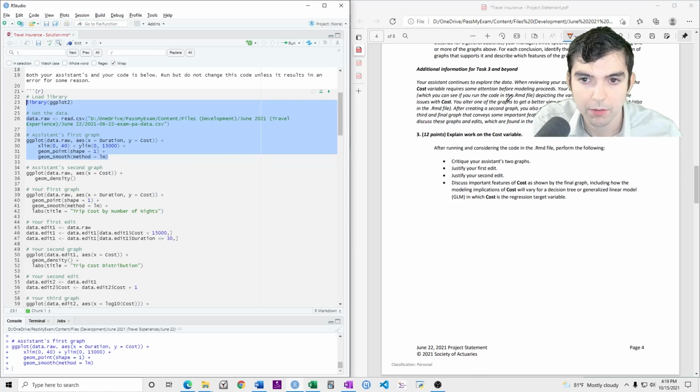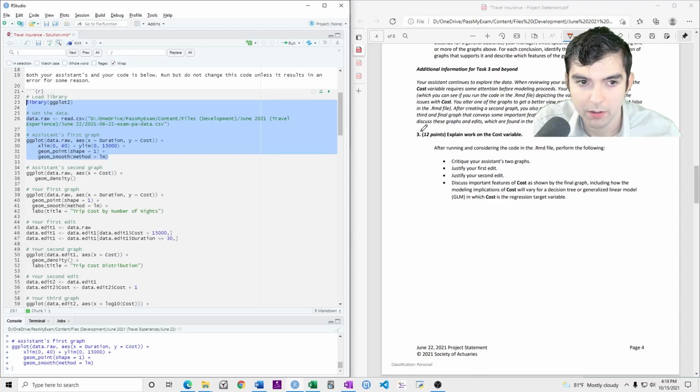So you alter one of the graphs to get a better view, and then make a first edit of cost. After creating a second graph, you also make a second edit on cost. You then produce a third and final graph that conveys some important features of cost. You meet with your assistant to discuss these graphs and edits, which are found in the RMD file.